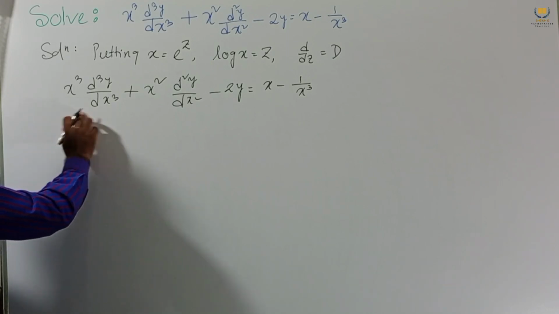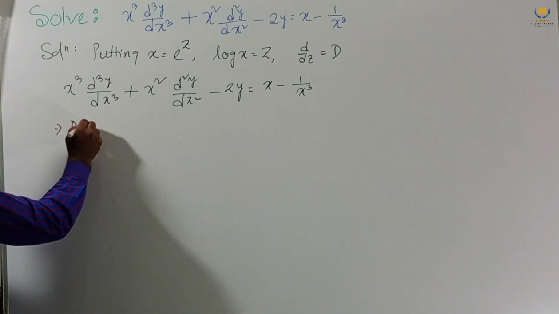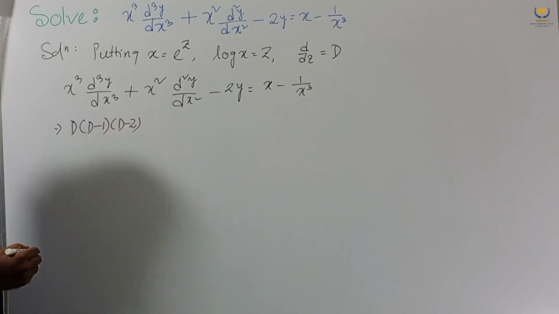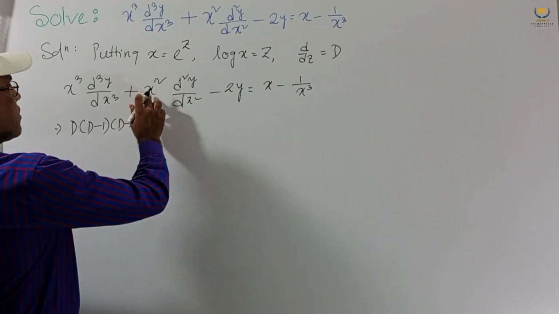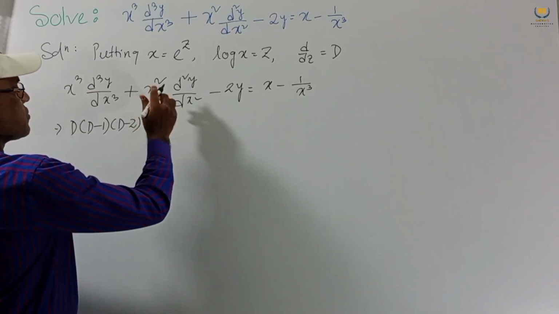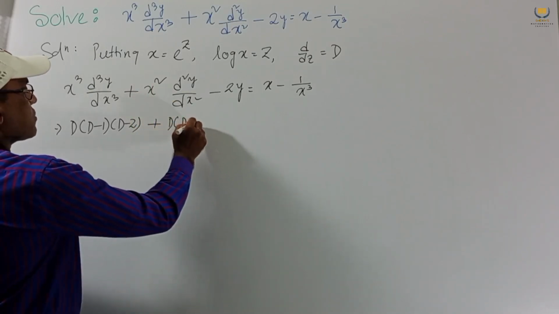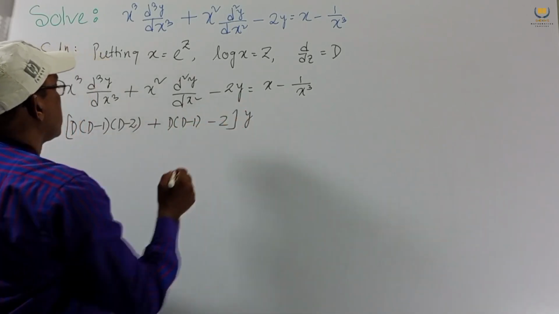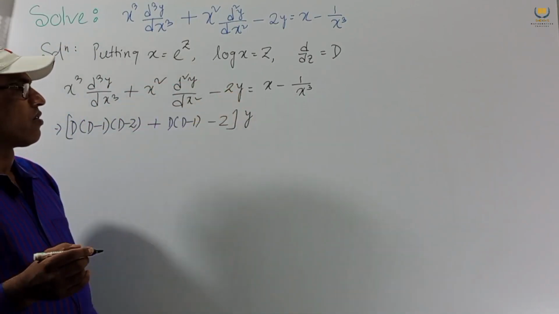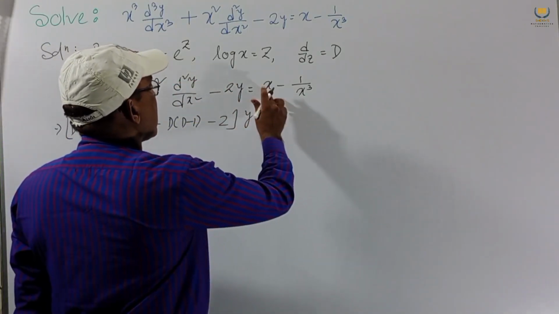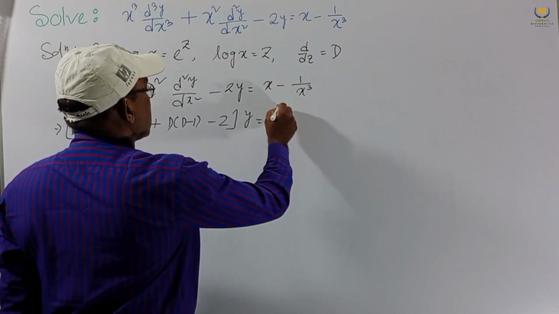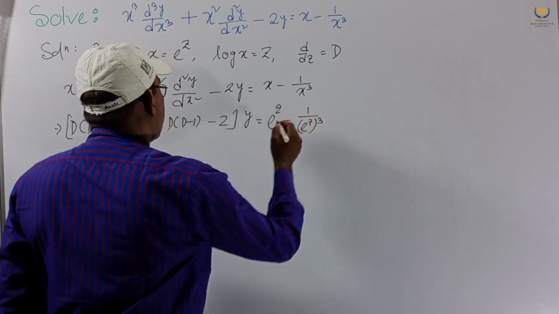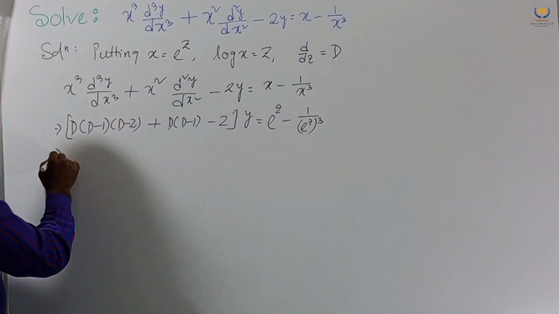So for this we can write D(D minus 1)(D minus 2). And for this x square, we write D(D minus 1), minus 2, and y is common. From these, y is common, and on the right hand side x means e to the power z, and this is 1 by (e to the power z) whole cube. If we multiply this,